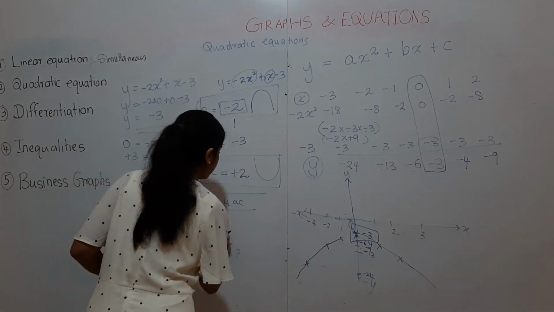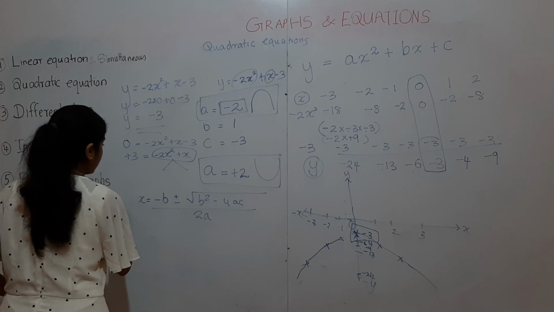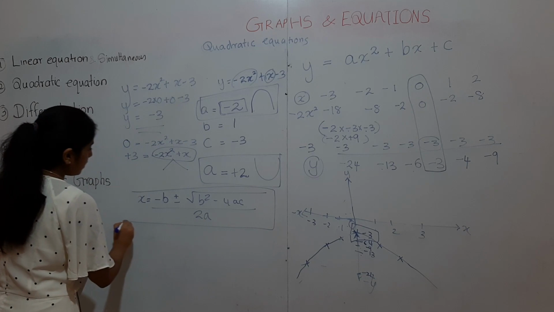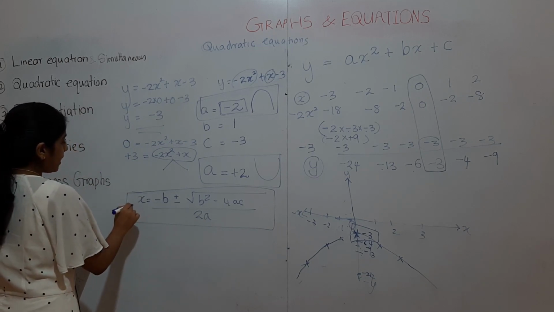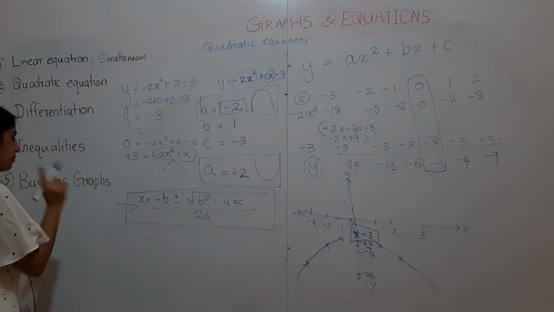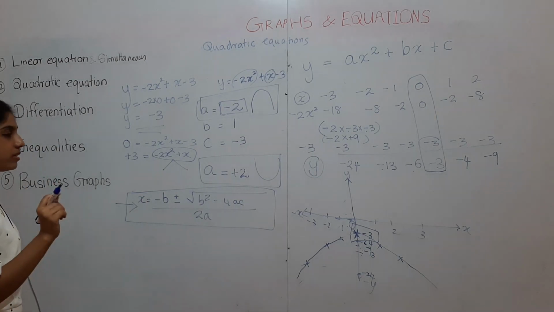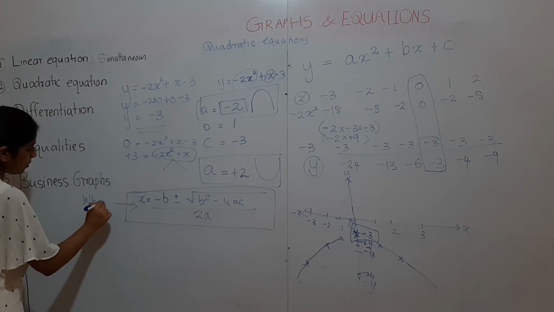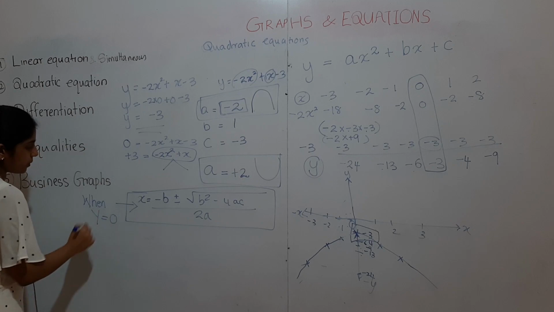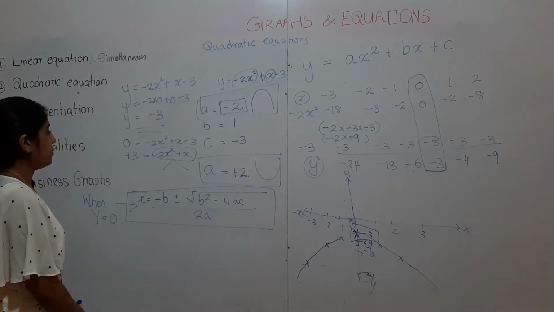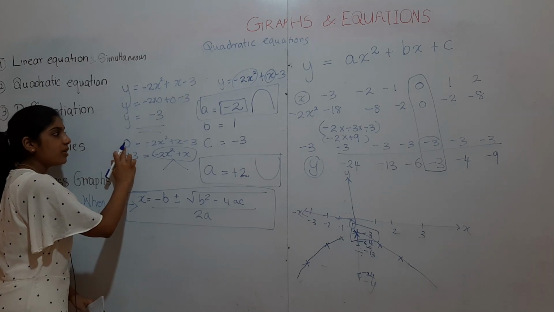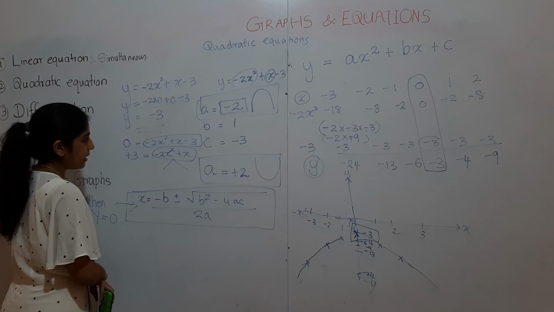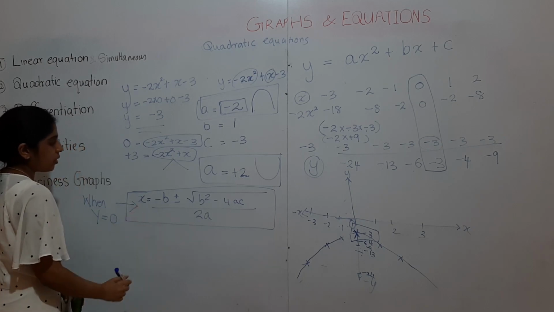So remember 0 and minus 3. I am going to take this out. You apply this formula that I told initially to find the x value. You apply this only when, remember, make a note in your writing book, when y is equal to 0. So when y is equal to 0, we need to find x. What is x? For that, apply the formula.